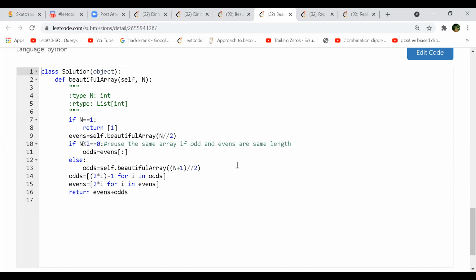So first you take all the evens or the odds, whichever way you want, and then you do a recursion in this case. Then you segregate the odds and evens. Then you fill in those values, because if you are recursively doing it, you go to the end, so you're left with only a single value.